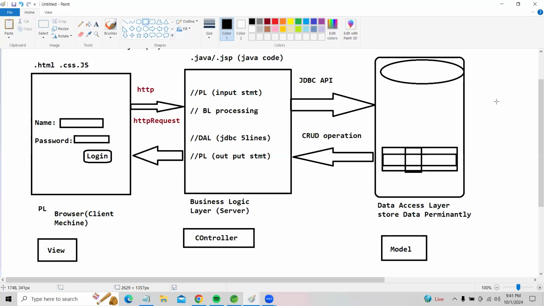The reason is this: knowingly or unknowingly, as a fresher or an experienced developer, we always write some common, repeated code in the presentation layer, and the same code is repeated in the business logic layer and even in the data access layer.